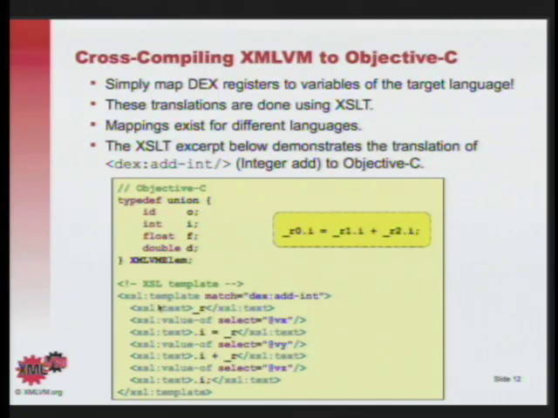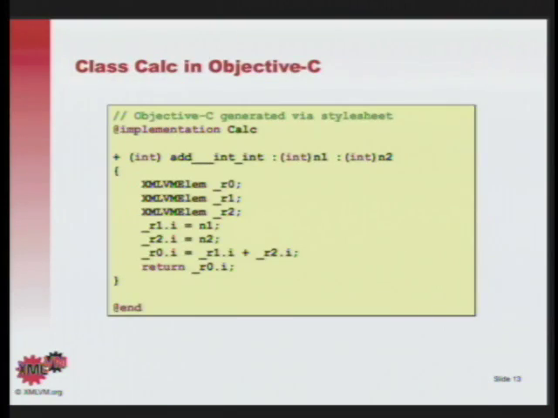But you can see in terms of code generation, for each Dalvik instruction, we have a very small, very easy to understand template that will then basically generate code in the target language. Now on the next slide here, I'll show you the results. So if you take all our templates and run them through the XML file I had two slides earlier, then here's the Objective-C source code that you would end up with.